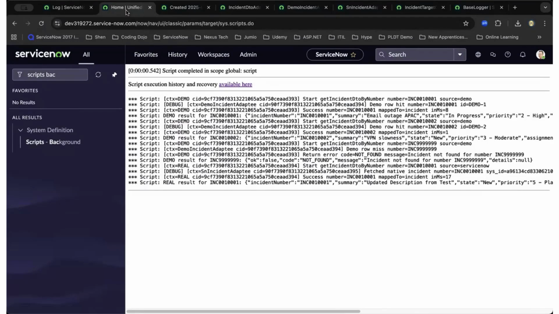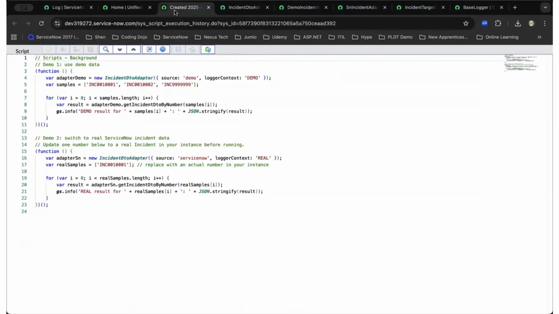So this small driver proves the payoff as I now move forward with the scripts background and the code that I utilize to call the pattern. The value is call-site stability, and the main purpose is to switch sources without changing the client. The approach is you can call the same method twice, anywhere or